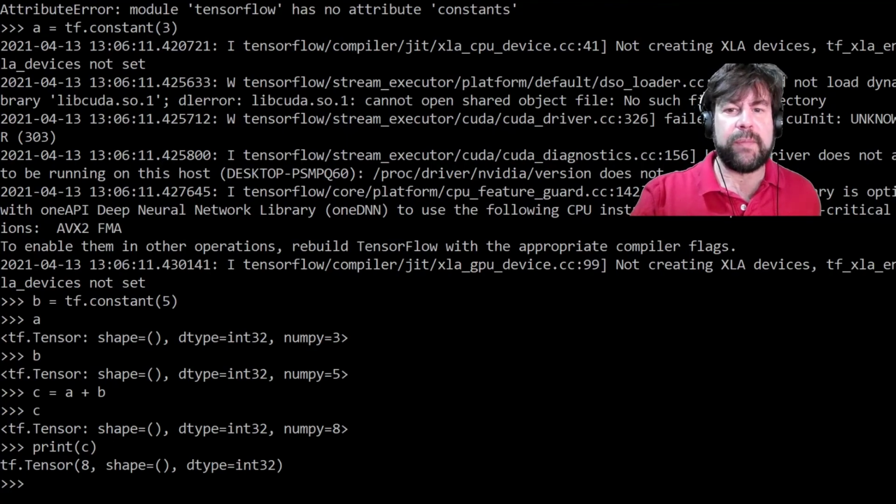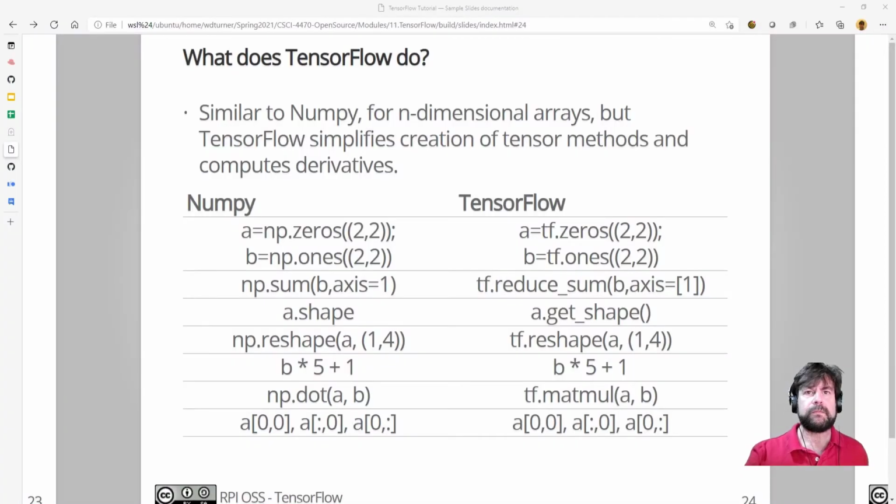And if you're familiar with NumPy, what you'll find out is that underneath the covers, TensorFlow makes pretty good use of NumPy, and in fact, there are a lot of cross-pollination kinds of things. So in NumPy,